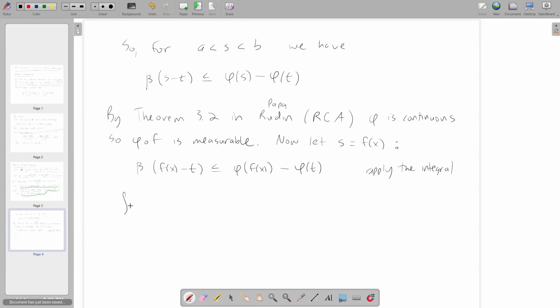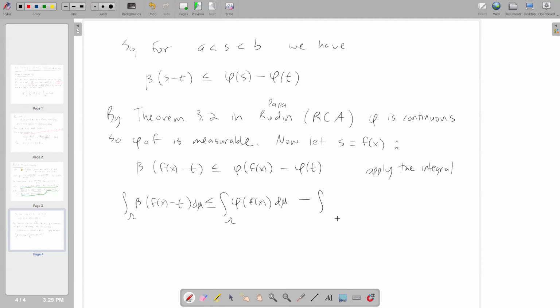So let's apply the integral over omega of f of x minus t, which is less than or equal to the integral over omega, sorry, d mu, I forgot d mu, of f of x d mu